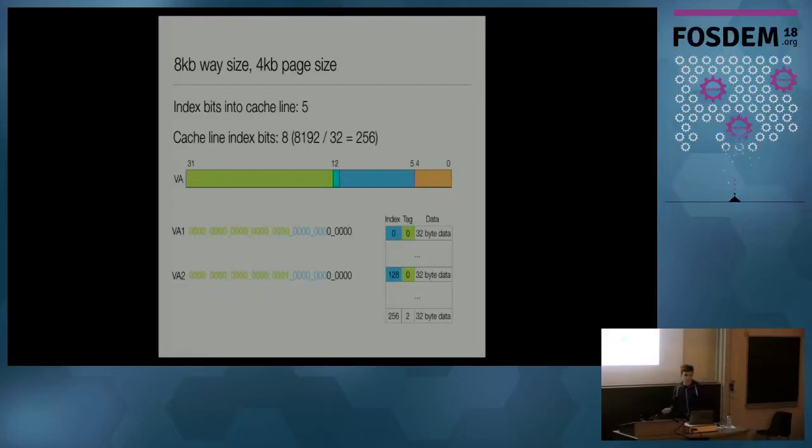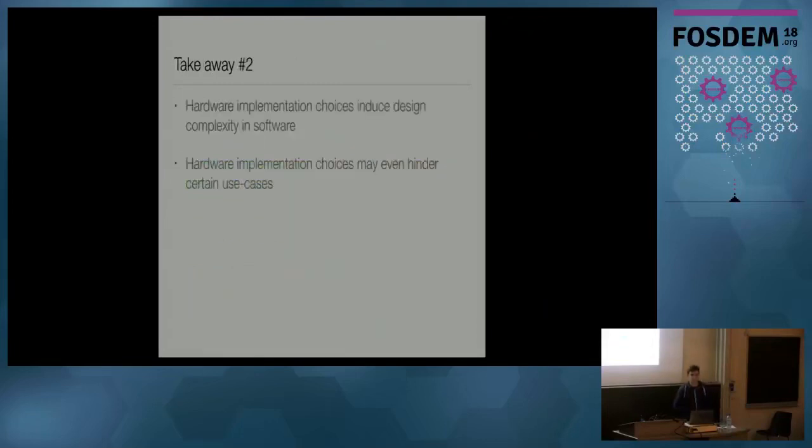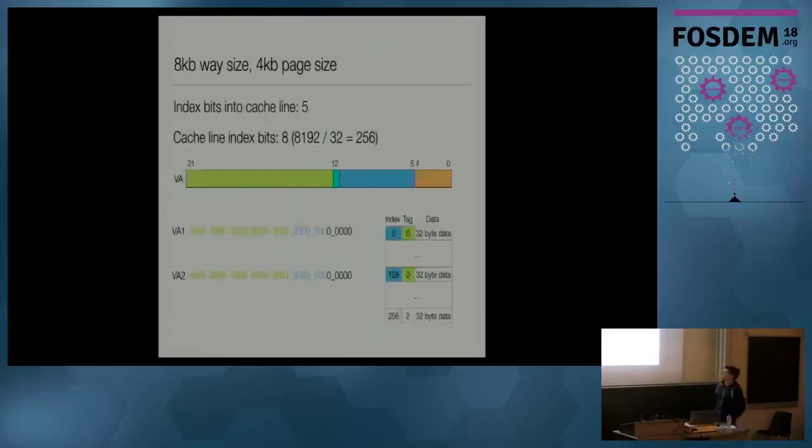The problem becomes more pronounced if you're increasing the cache size even more. Let me go back here. So, what can we do as an operating system here, or as an implementer of software? The first solution is, luckily, that MIPS supports different page sizes beyond 4 kilobytes. So we can have 8 kilobyte or even 16 kilobyte page sizes.